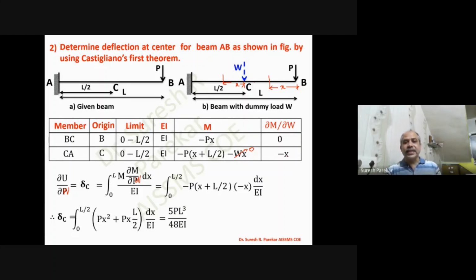So in Castigliano's theorem, this we can say is a disadvantage: you have to apply a variable load if not available at that point. And for every displacement, whether linear or angular, you have to go with a different table. You cannot go in one table. Whereas in Macaulay's method, once we have calculated C1 and C2 values and framed the equation of slope and deflection, we can find the value at any point. If we go with the conjugate beam method, once you have plotted the bending moment diagram, then you can find it at any point. But in Castigliano's theorem, you have to apply separately.